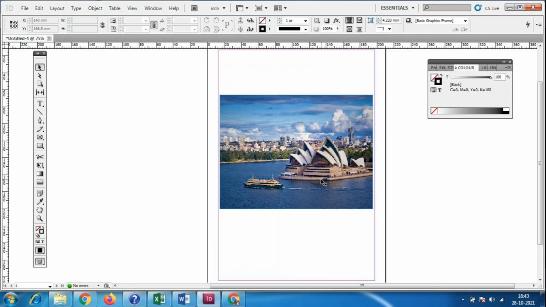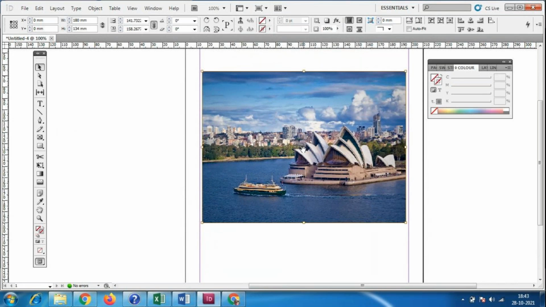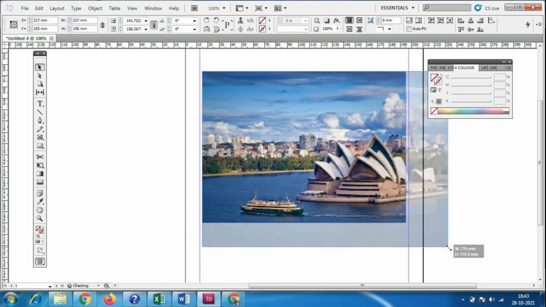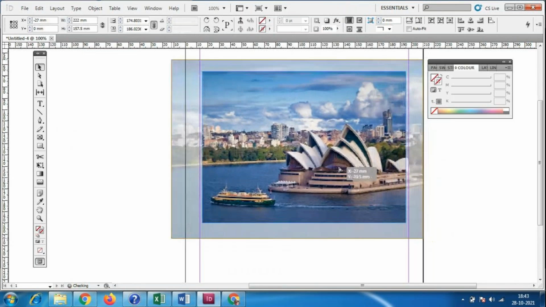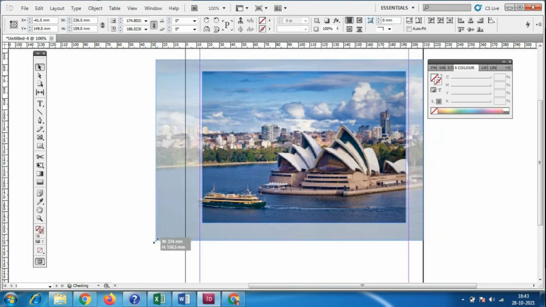When you keep the mouse in the center of this image, then you will get this oval shape. You have to click on it like this, and you will have some orange kind of border. Using this you can increase the size. You can zoom in as much of the part as you want. You can zoom it. Okay.